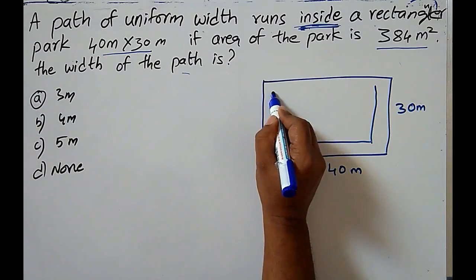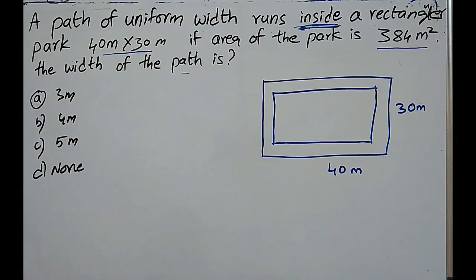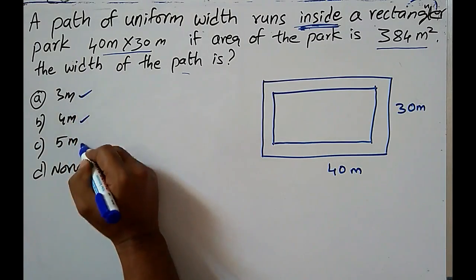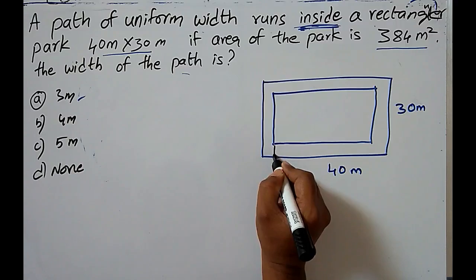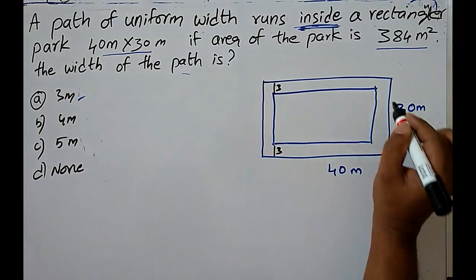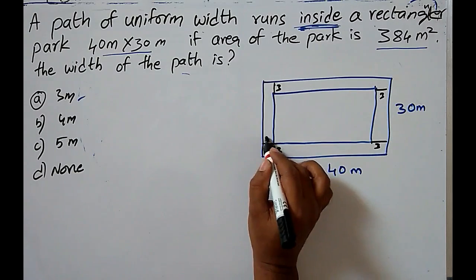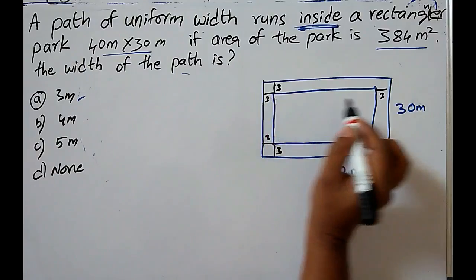Path runs inside the park, and we don't know the width of the path, but we have options here. If we take 3 meters of width,